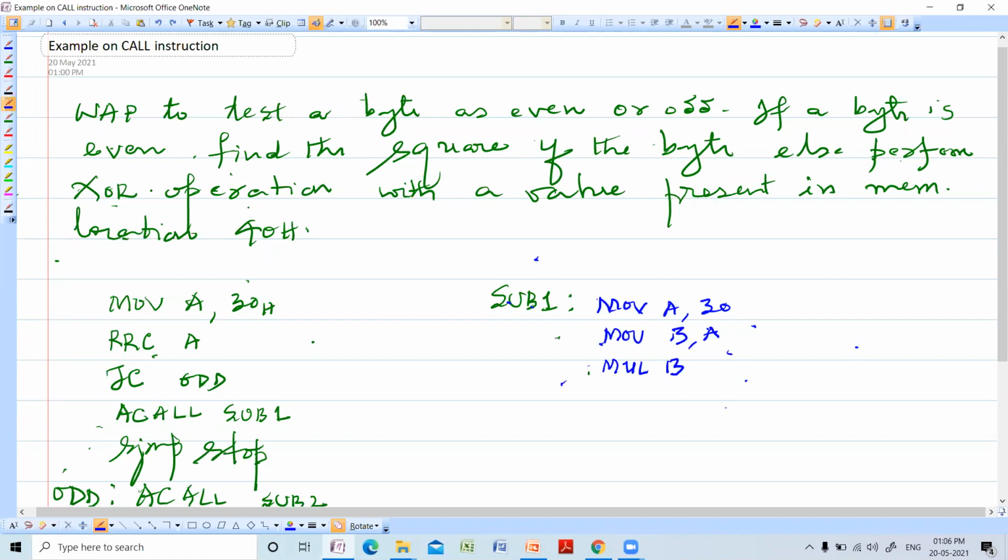That is how you find the square. After that, MOV 31H, A. MOV 32H, B. Return. So now, subroutine 2.